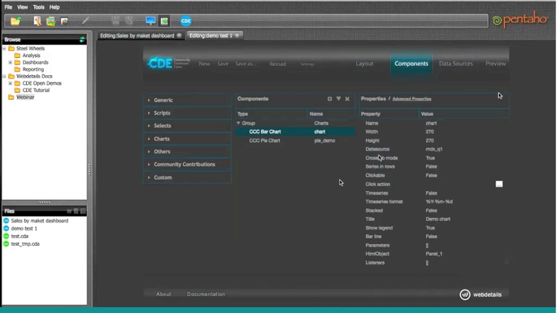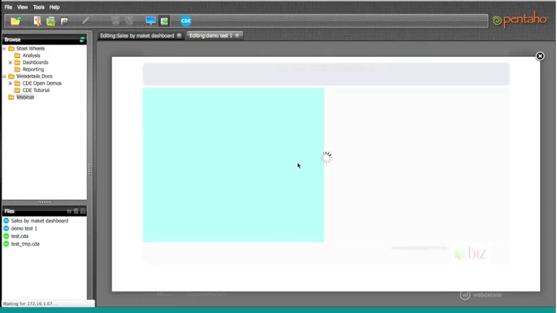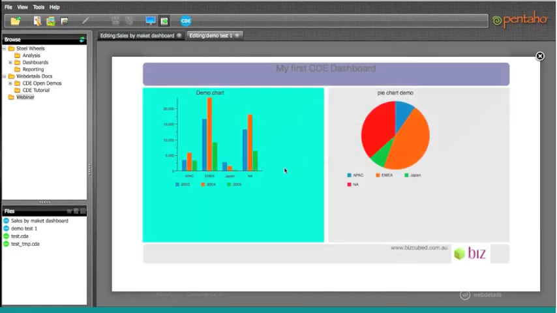So this one is actually a dashboard that I built for this webinar. It has the same content, same data source, but the difference is I have an additional pie chart, and